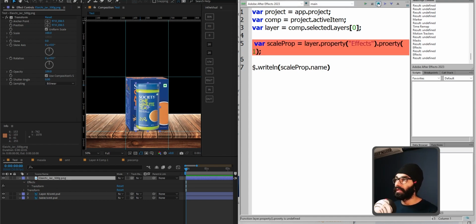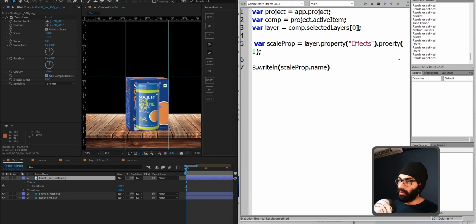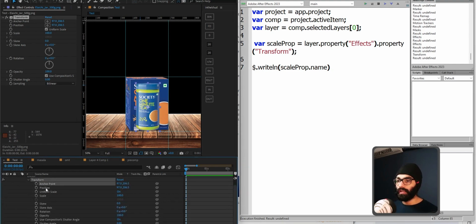Oh, I misspelled it. PRO property. Okay, so you get transform. That means you can replace 5 and 1 with effects and transform. Now I want to go inside transform and check where scale is. So if I go in here and say dot property 1,